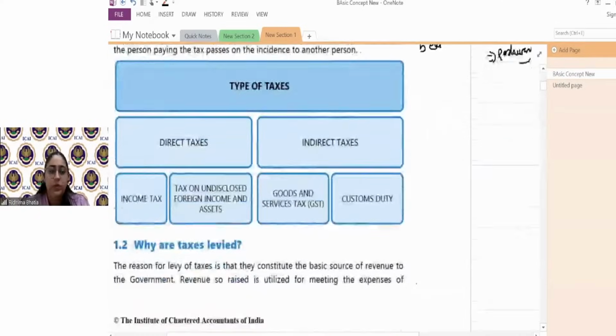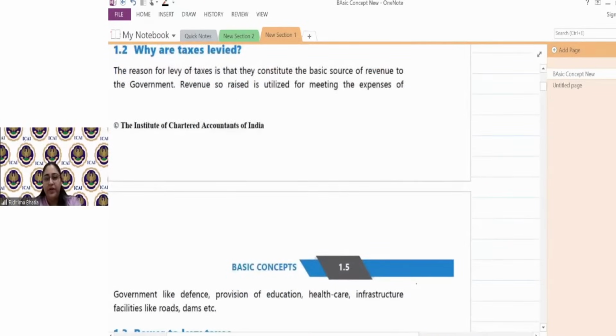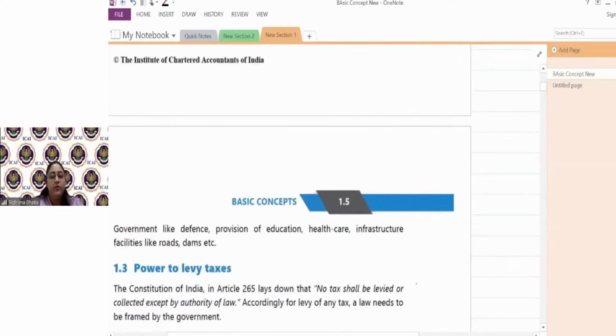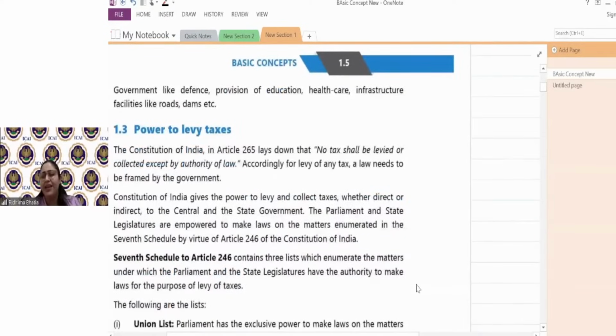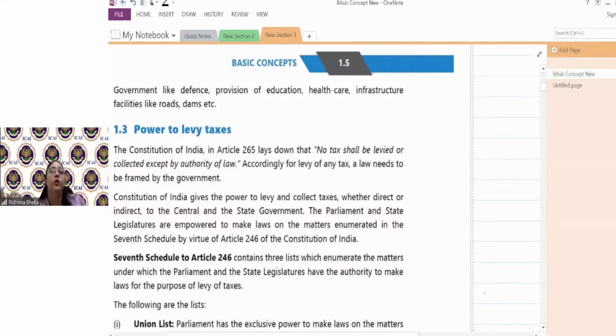Okay. Now, why are taxes levied? Now, first of all, before moving on to that, can anyone levy a tax? Can I levy a tax? Levy matlab, can I impose a tax? No, I cannot impose a tax. Tax can only be imposed by the government. अब ये सारा गवर्नमेंट के पास पावर कहाँ से आता है? How does this power flow to the government that you will make the tax, you will not make the tax? How does even government know what they have to do or not?